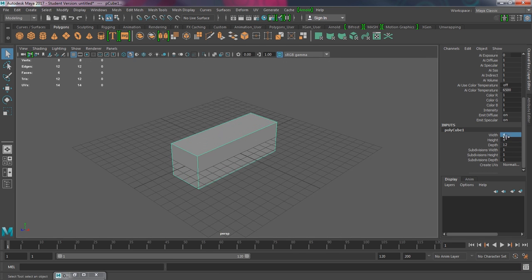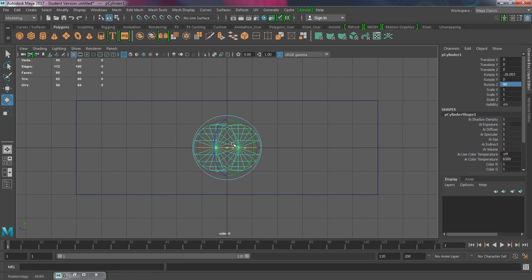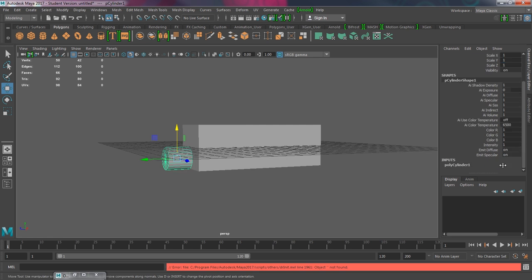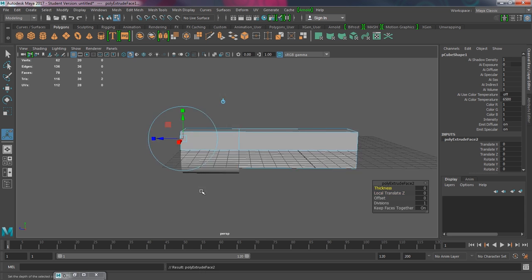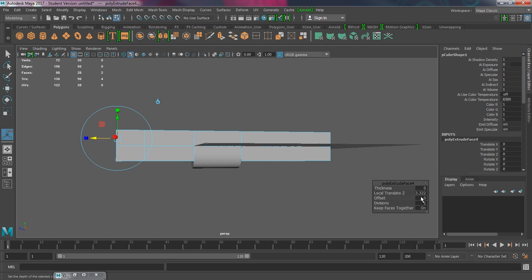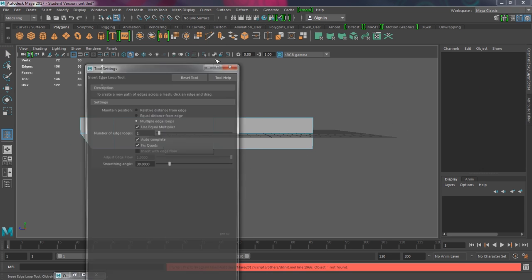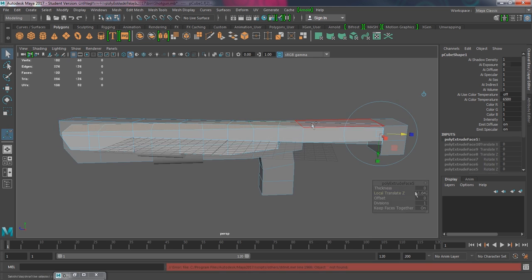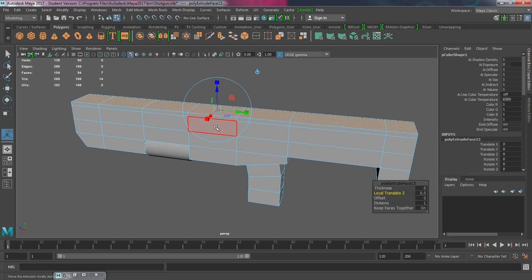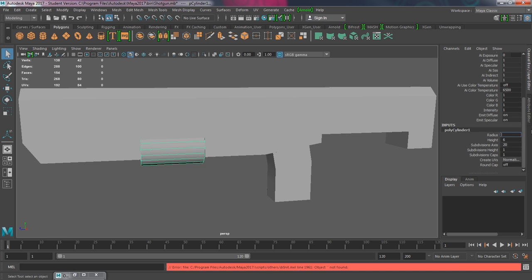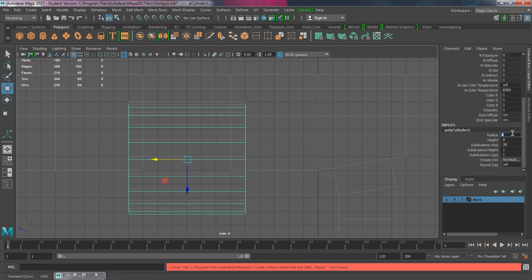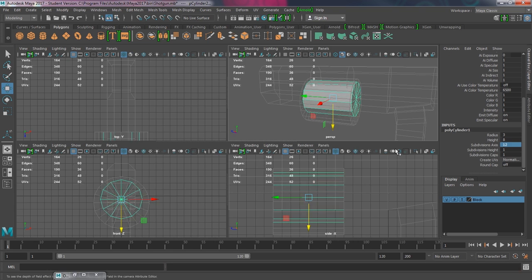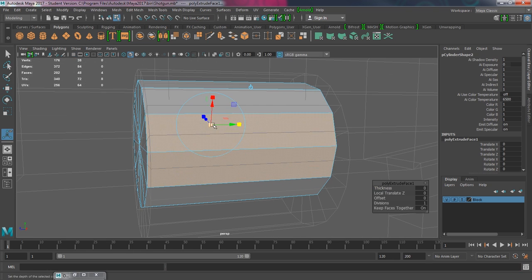So I blocked using the basic shapes that I've got in Maya. The design doesn't have to be particularly complicated, it just needs to give me a rough outline of where the components of the weapon would look. It's useful for understanding dimensions and getting the scale of your object correctly. So just basically by looking at these simple shapes it gives you a rough outline of where things will and will not be. So now I've moved on to the block.